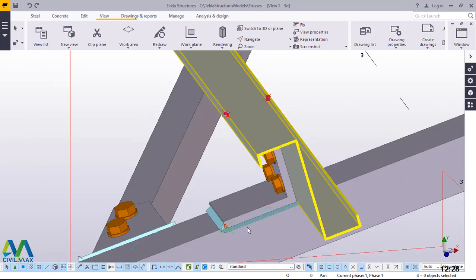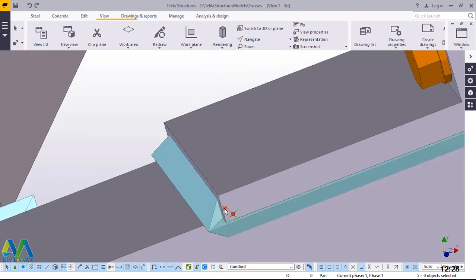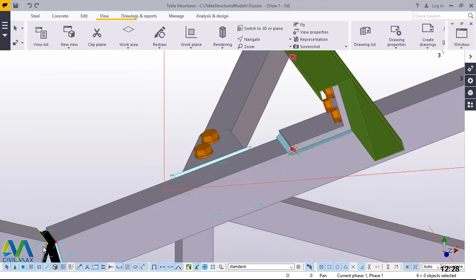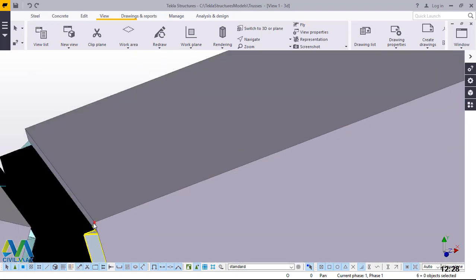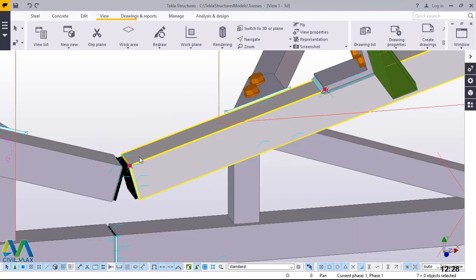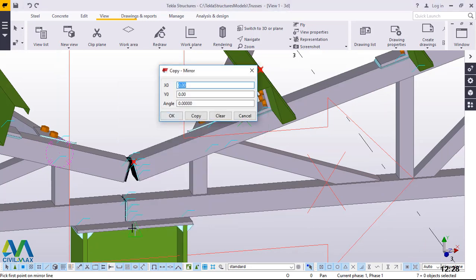Then I'll move down right here and pick on the last point right there. Then come all the way here and pick also on this point. Then zoom out. Then I'll right click and come to special copy and click mirror. I'll pick a mirror point or a mirror line